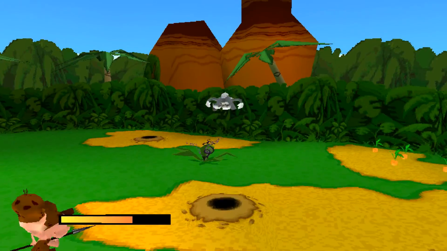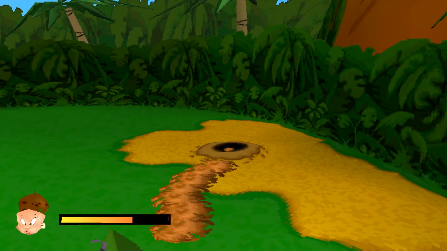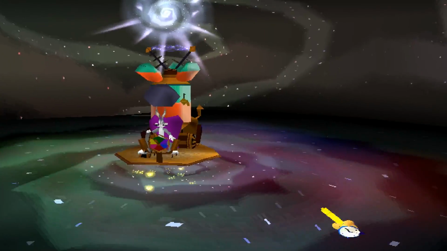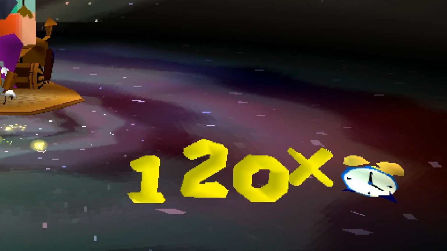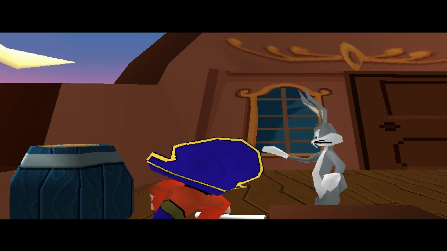At the end we fight Elmer by kicking his ass a couple of times. I can't believe I died on this boss battle as a child. It's ridiculously easy. Alright, time to go to the next era. 120 clocks? Here we see Yosemite Sam as a pirate and...